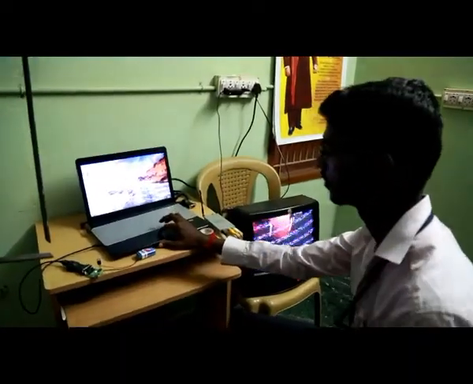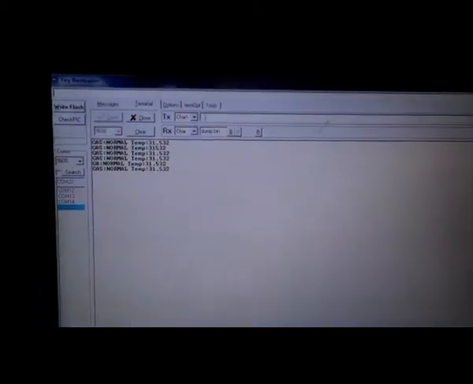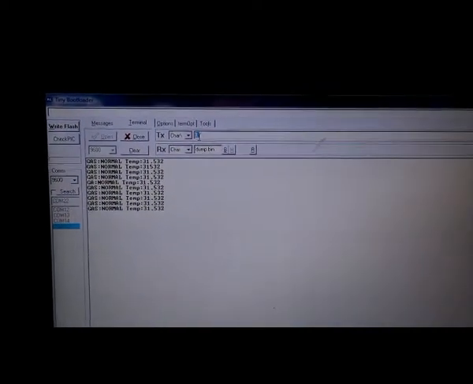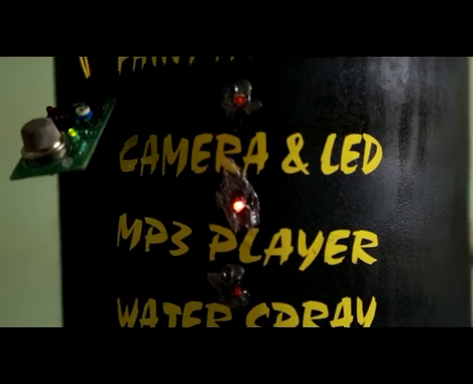Now welcome to the software demonstration. Here we use the TINI software to make the Zigbee communication. Now we set the communication link to 9600 and press the open button. The temperature sensor and gas sensor levels are continuously transmitted by the Zigbee. Now we send command 1 to turn on the camera and